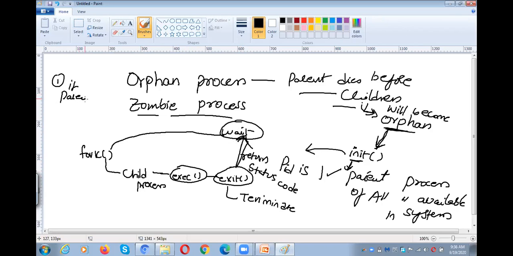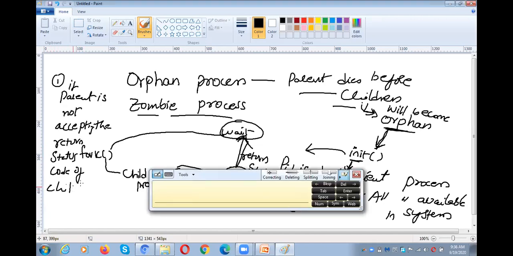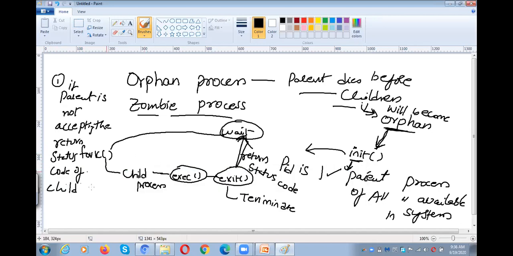If the parent does not accept the return code of the child process, then the child will become a zombie process.